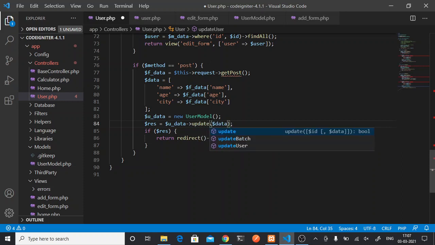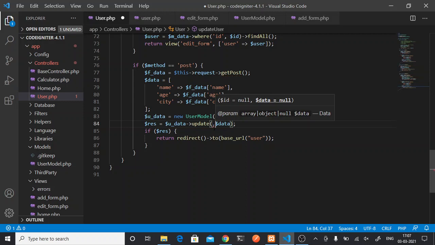So update, and in update I will have to pass two parameters: the ID that I want to update and my data.